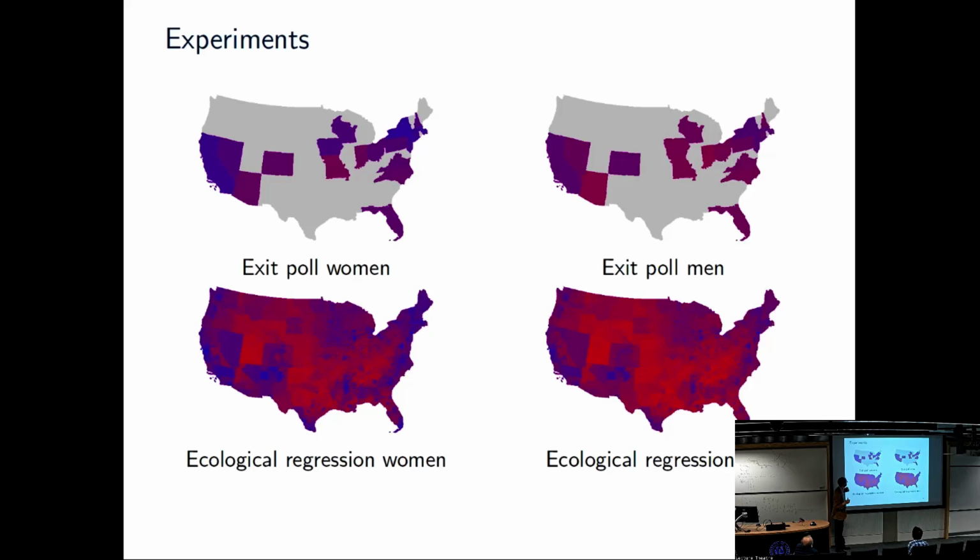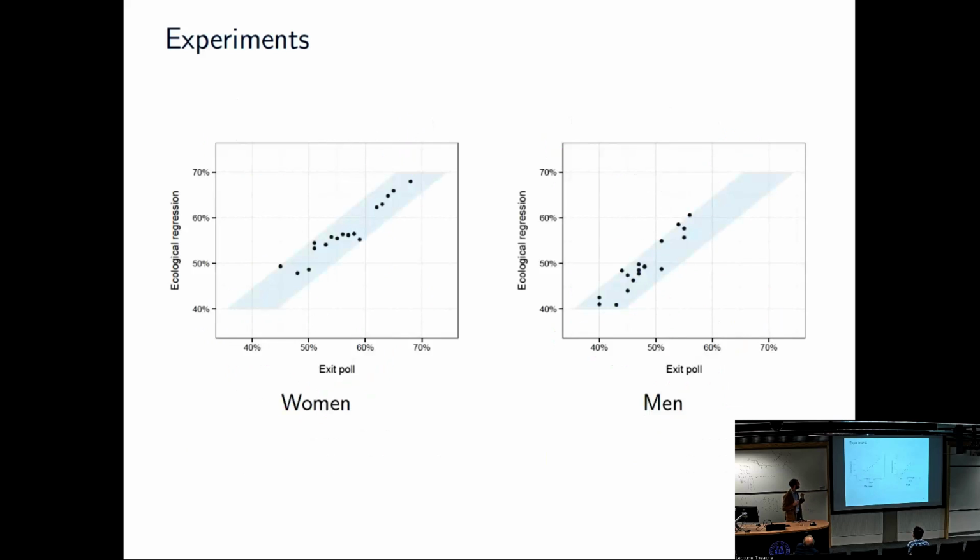I don't know what this is the outcome for. Oh, sorry. So this is among women and among men. And from these color scales, it's pretty hard to tell what's going on, but I'll show you a scatter plot. But everyone understands, at the highest level, the headline that we are able to do. We're able to make this at a smaller geographic scale for the entire country, filling in the missing data. Here's the scatter plot.